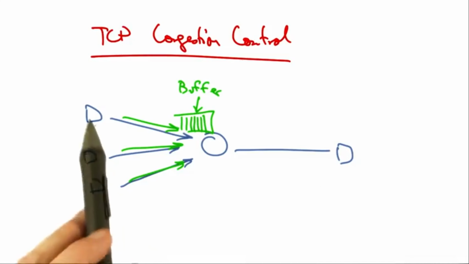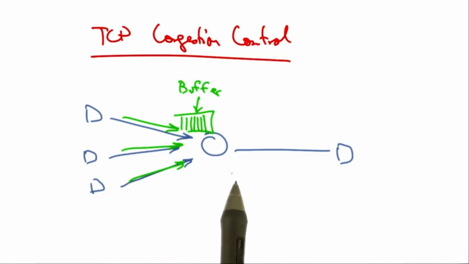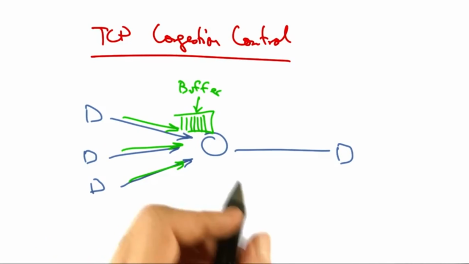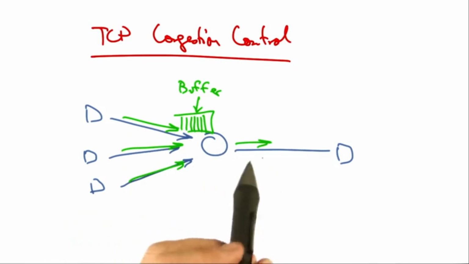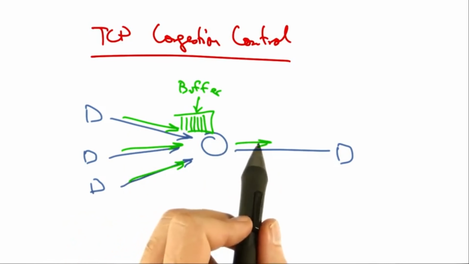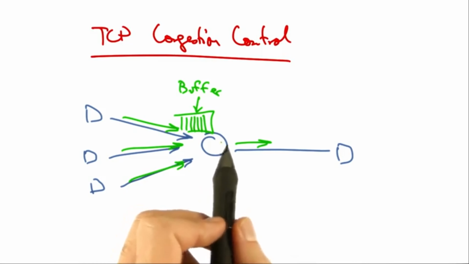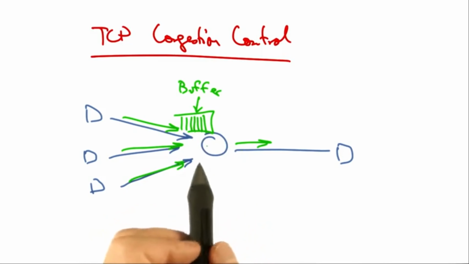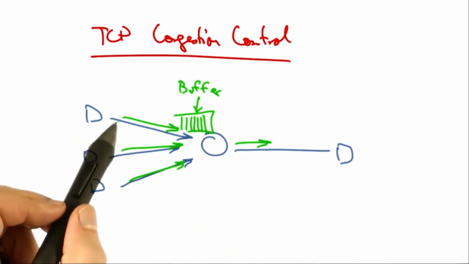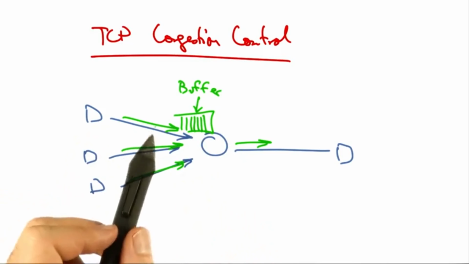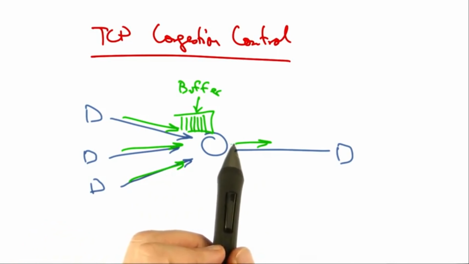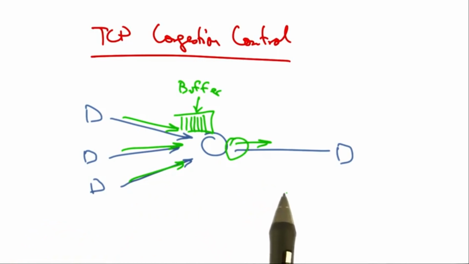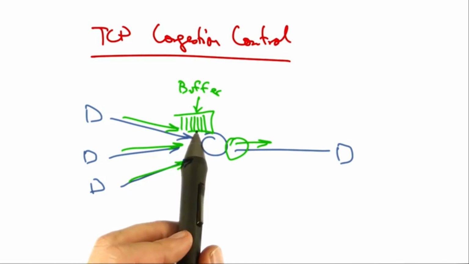In TCP congestion control, the senders continue to increase their rate until they see packet drops in the network. Packet drops occur because the senders are sending at a rate that is faster than the rate at which a particular router in the network might be able to drain its buffer. So you might imagine, for example, that if all three of these senders are sending at a rate that is equal to the rate at which the router is able to send traffic downstream, then eventually this buffer will fill